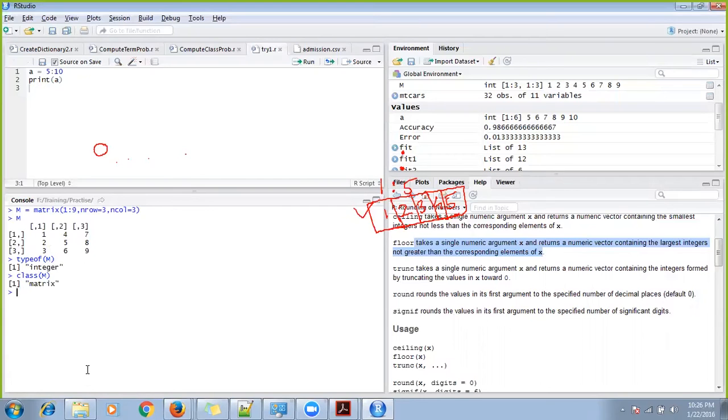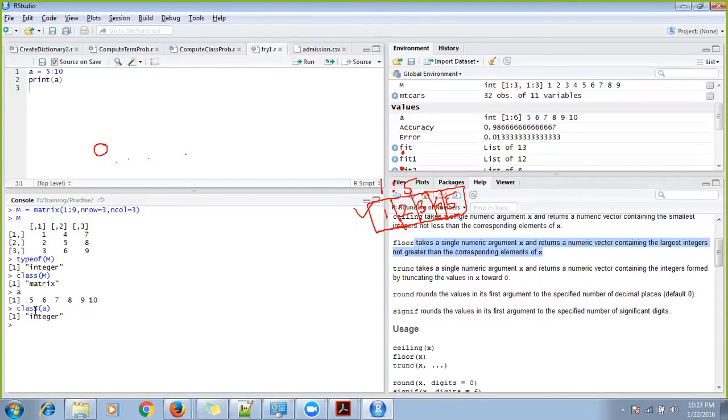But surprisingly, there is some glitch in R. Actually it should have told you vector, because a is a vector. So when you write class of a, you are expected to get a vector, but it is again telling you the same thing as type of a. So type of a is the same as class of a for a vector. Whereas in a data frame, array or matrix, whatever data structure you'll be learning, if you write class, you will get the structure type. The only exception is vector.